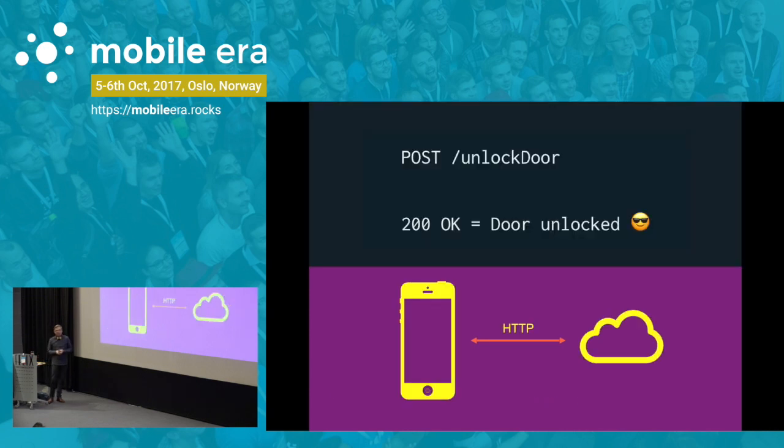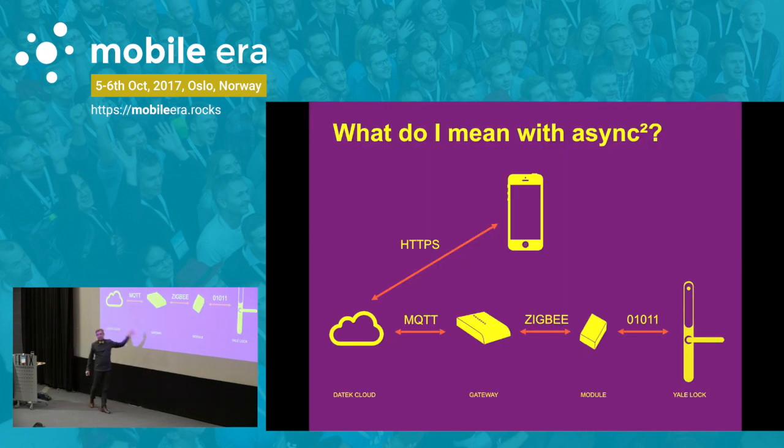So what if I want to open the door? Before we did the first IoT app, we were like, okay, opening the door, that's easy. Just post unlock door, maybe with a JSON package, which is the code. But that's only to the cloud. If we get HTTP 200 OK, the request succeeded, but that's just a third of the way, right? So nothing has happened yet if I just post to unlock door. I'm not guaranteed anything, because one of these steps might have failed. So that's harder than ordinary.